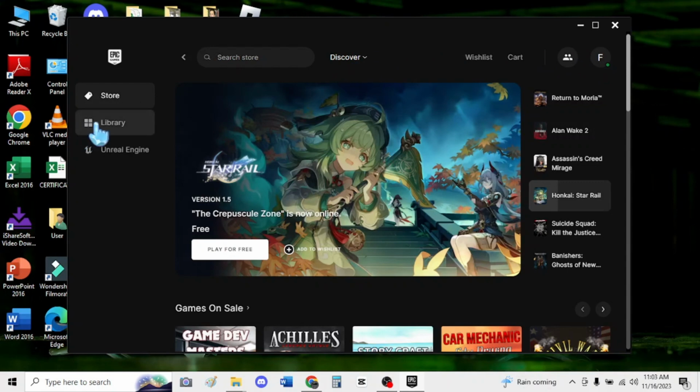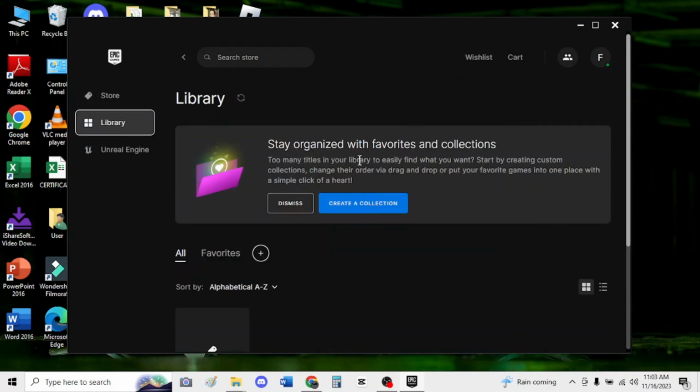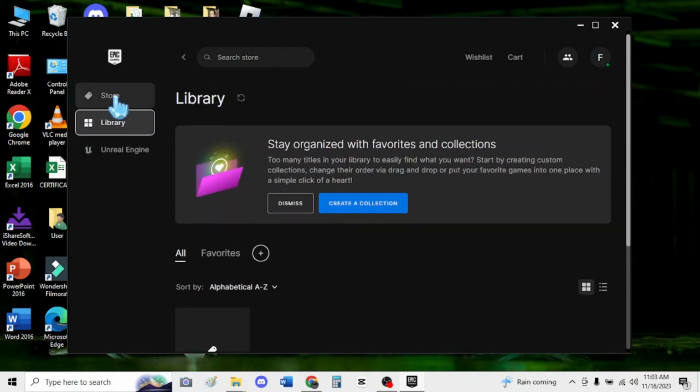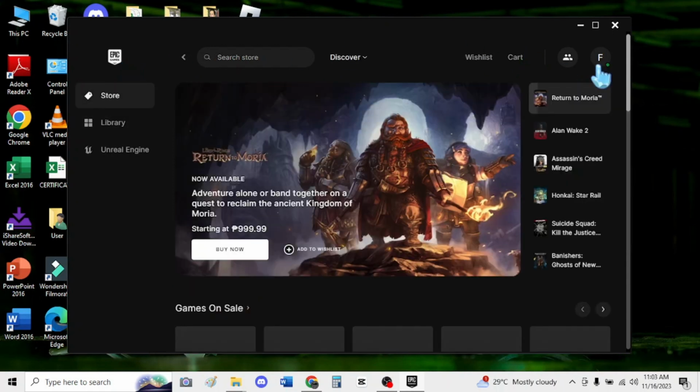And if you look up to the left hand side, you can see the library option here. So if you give that a click, then you're going to see all your games in your library. Now sometimes this doesn't show because there's actually a setting where you can turn this off so you don't see the library. So if that's the case, for you to change this, all you want to do is come